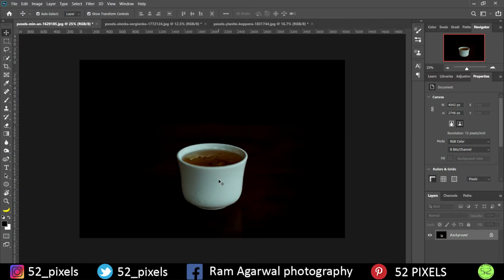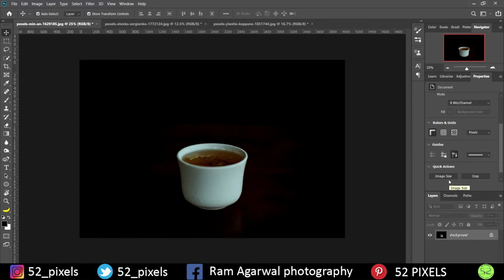Well, there's one tool that Photoshop provides to us, called the remove background tool, as I already mentioned. I've been ignoring it for a long time, I don't know why, but it was right in front of my eyes and I never noticed that tool until yesterday, so I decided to make this tutorial for you guys. So today we are going to jump back into Photoshop and see how to work with